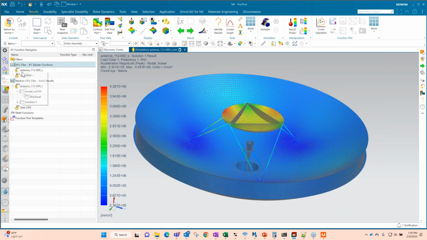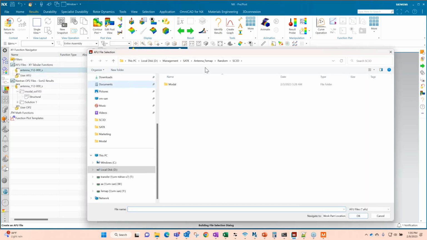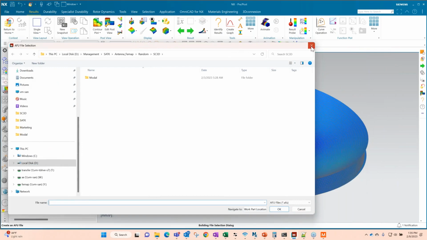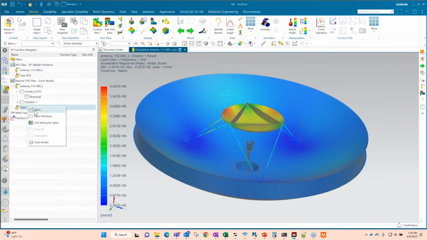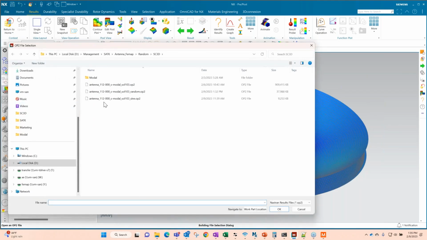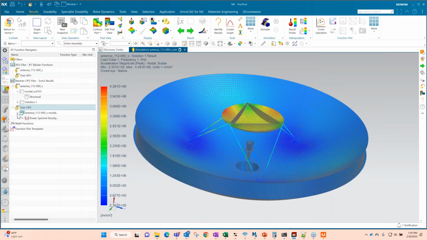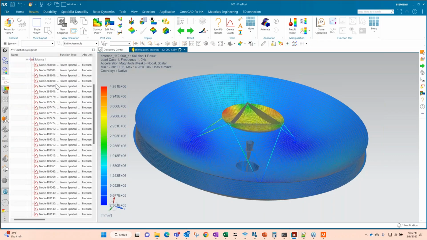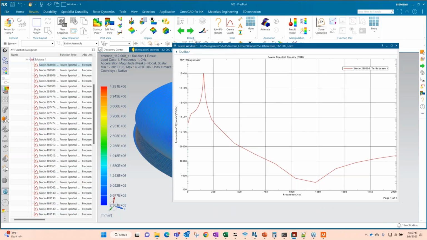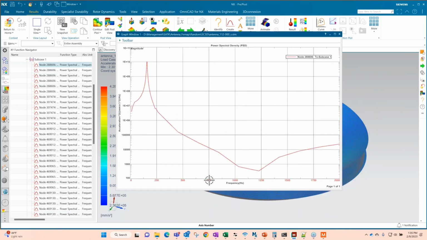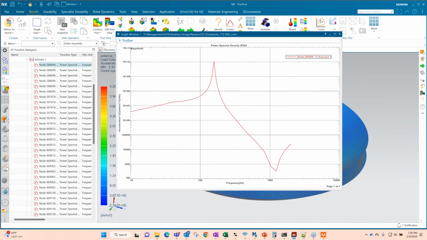I'll do a new one here. Oh, sorry. I'll open the random again, and you can look at your plots in here. So if we go ahead and create a new plot window, you can see that. Now let's go ahead and turn that to log.